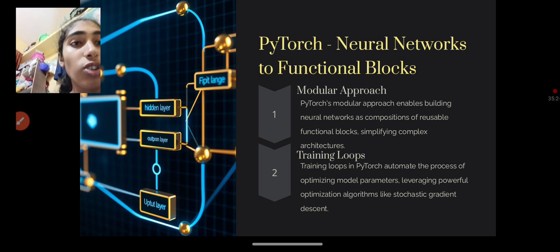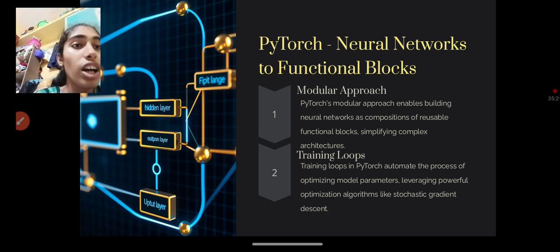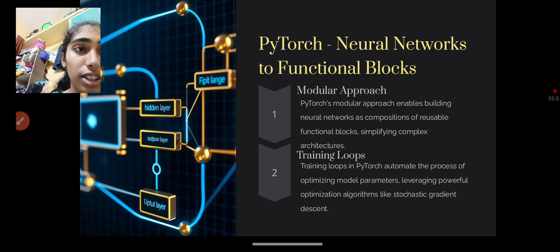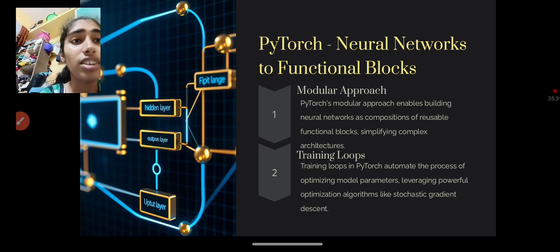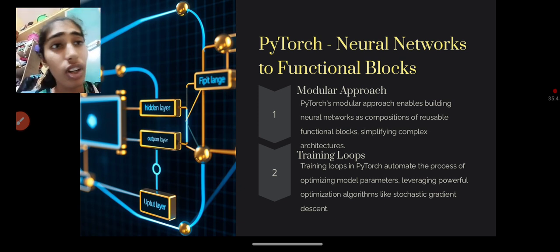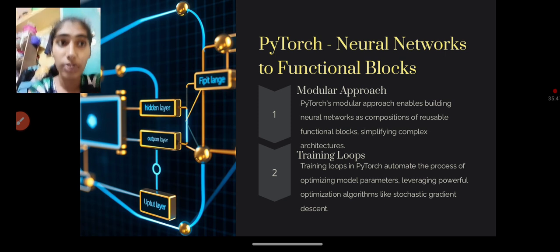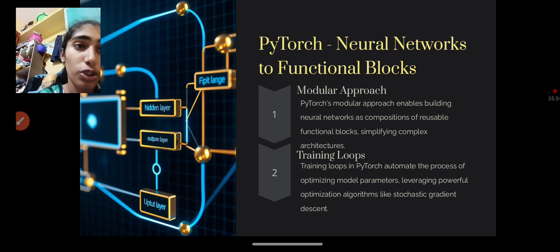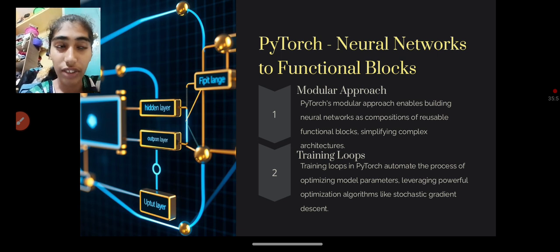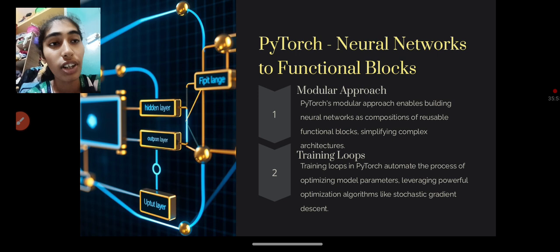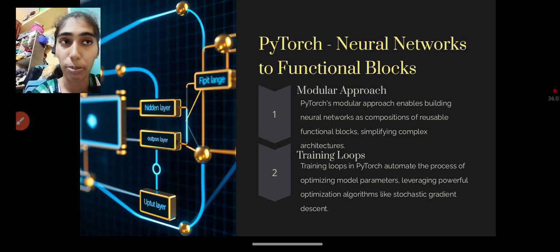Modular approach. Python's modular approach builds neural networks as a composition of reusable functional blocks, simplifying complex architecture. It's nothing but every thing has its own approach to get output. The same way neural networks should have their own approach, and we are using PyTorch. According to PyTorch, which approach is best, we're going to go through. Modular approach is where we enable building neural networks as a composition of reusable functional blocks. Why we use the modular approach most of the time for PyTorch means: